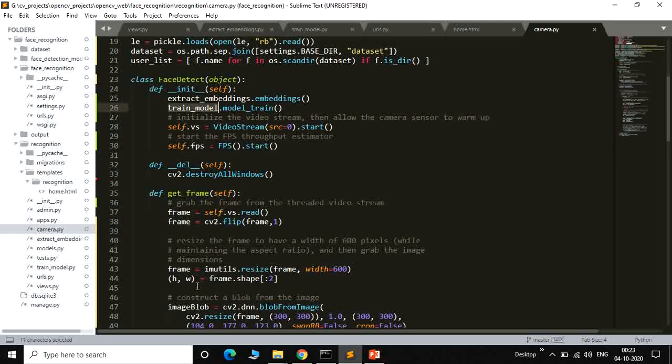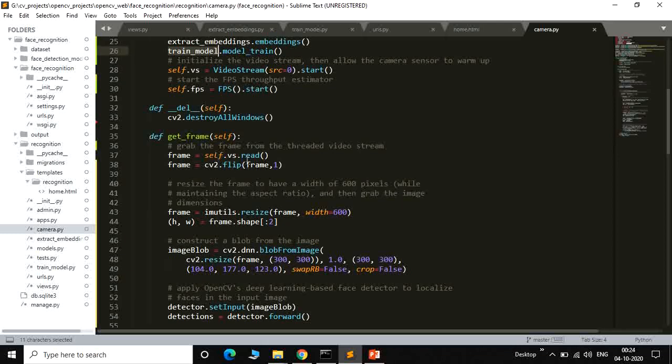Now here we start the code, get the frame, and vs is read here. The frame is flipped because when video streaming starts it is a mirror, so the opposite frame would be shown here.